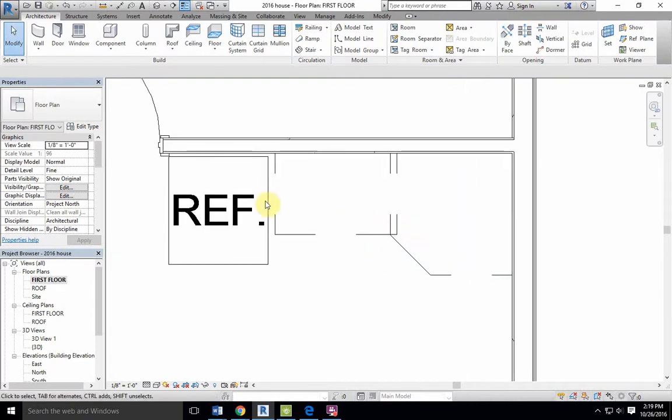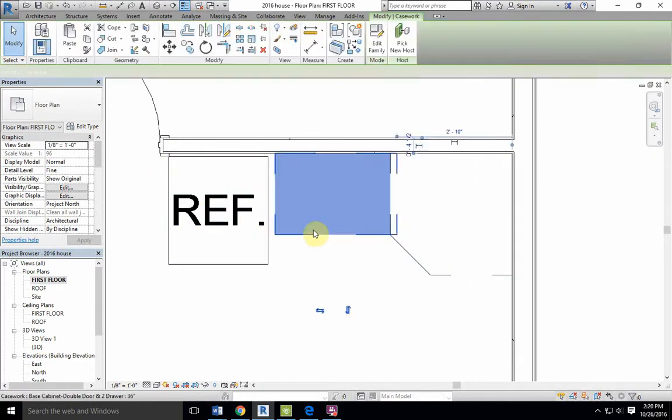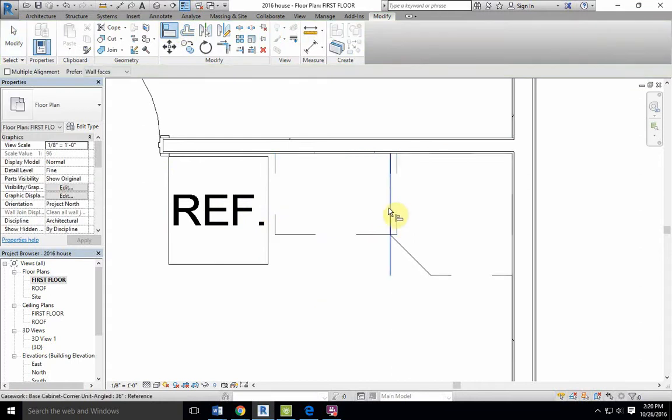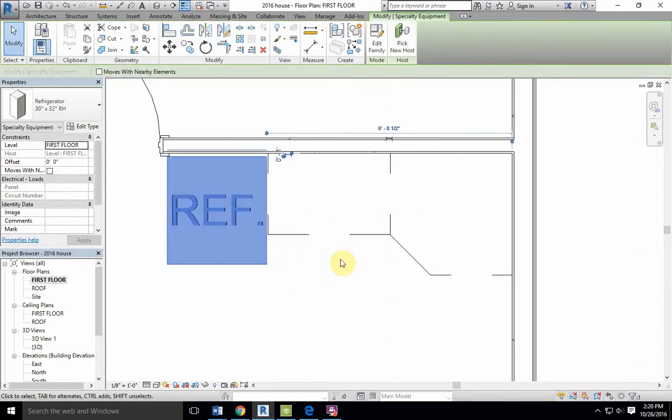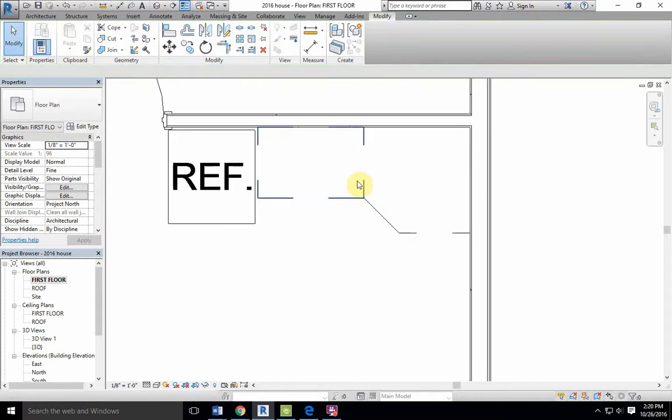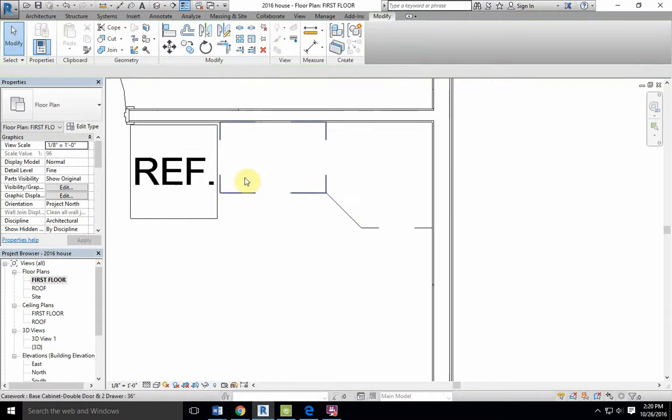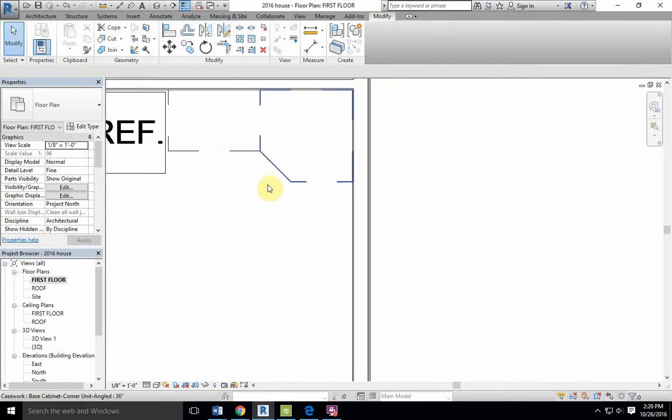You can see it doesn't line up, and I have a little room over here to work with. So let's use the align tool. Let's align this and this. And then I'm just going to click on my fridge and just bump it a little bit. All right, but you don't want any gaps in between your cabinets. Next to the fridge is fine because it's going to vibrate and move, but your cabinets need to be tight